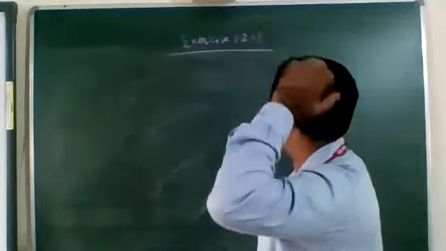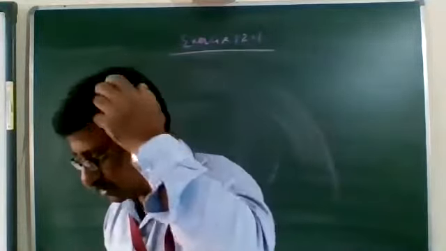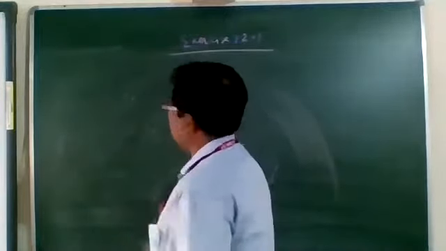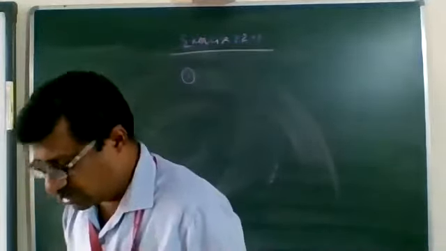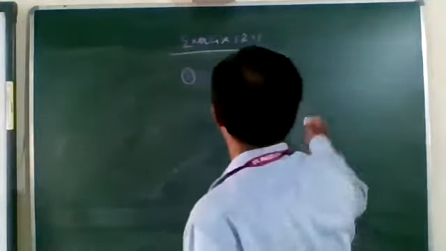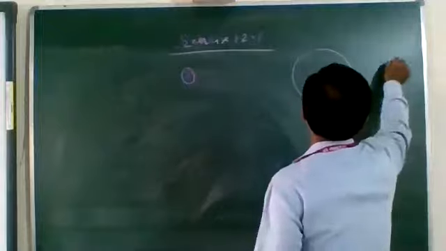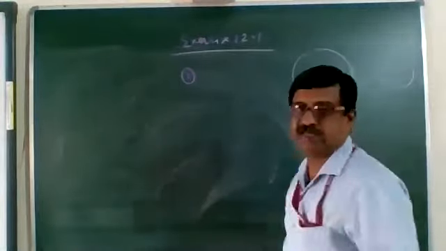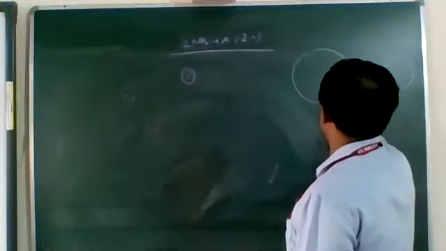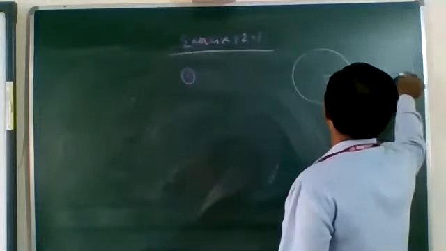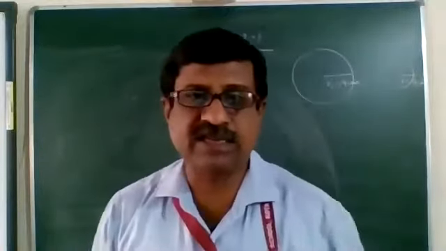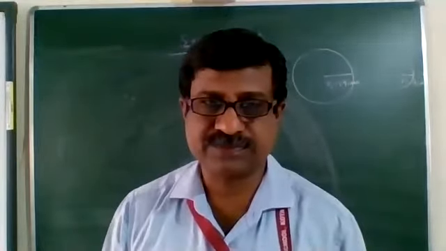We are starting the new exercise 12.1, the formulas and everything you have learned. In question number 1 of exercise 12.1, it is mentioned the radii of two circles are 19 centimeter and 9 centimeter respectively. Two circles are having the radii. Radii is plural of radius. The first radius is given as 19 centimeter and second radius is given as 9 centimeter.